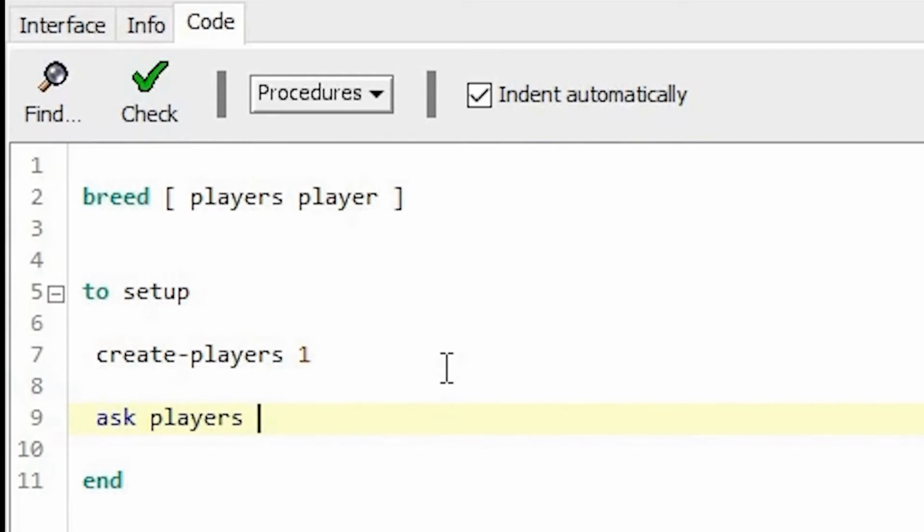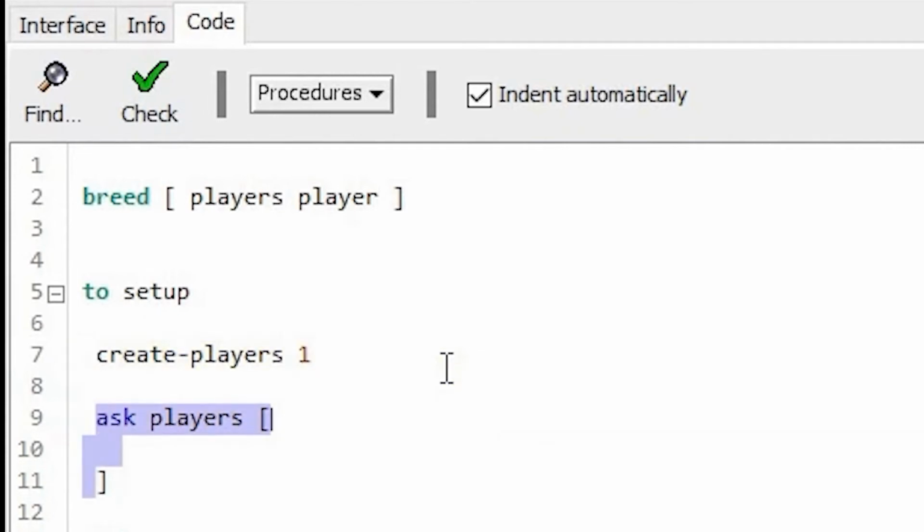In NetLogo, we can define a specific code block using two brackets like this. This bracket can be placed here or in the previous line. That's fine, but right now I'm going to use two brackets like this. So here we created a player.